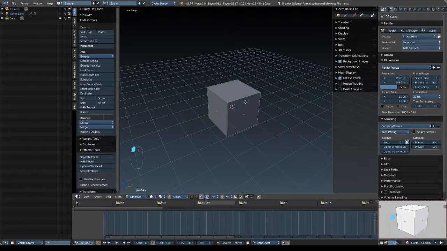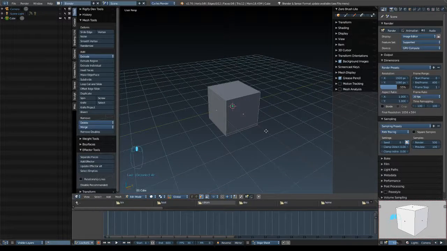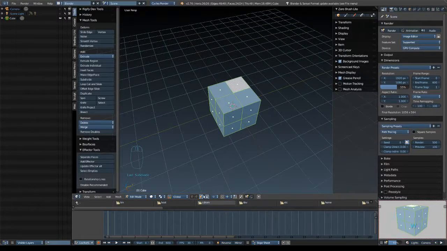Also, you can click A to select everything, or you can double click outside of it so everything's deselected. So let's click A. You can click W, which will subdivide it. Subdividing pretty much means that you take whatever object you have and you